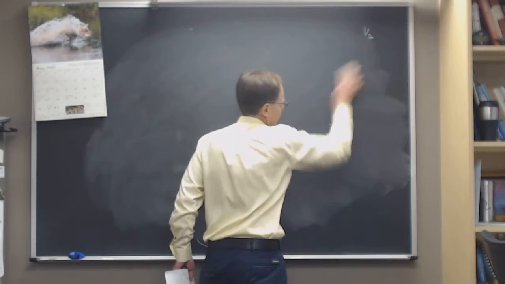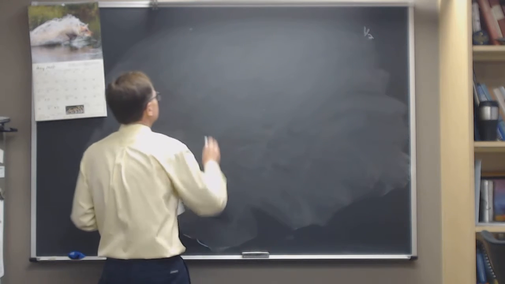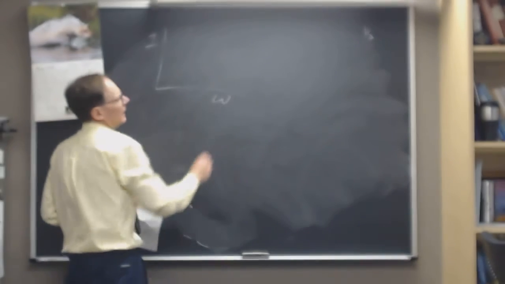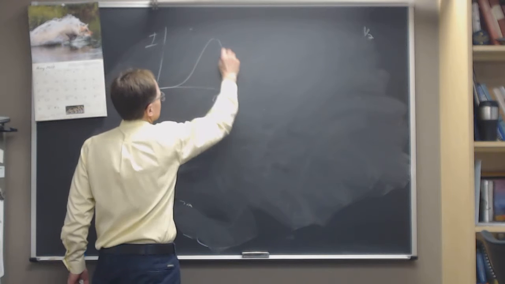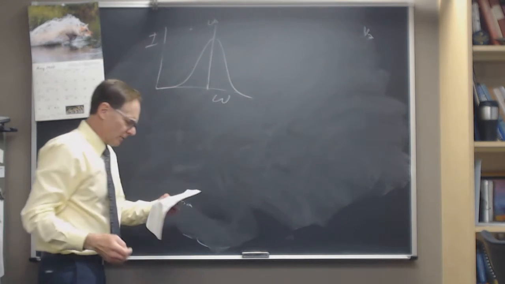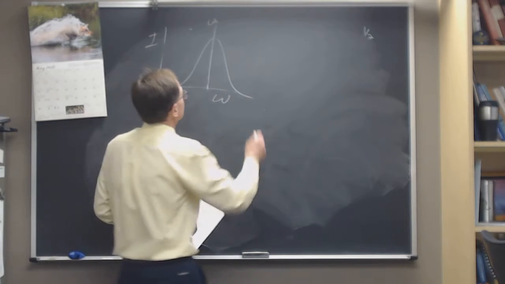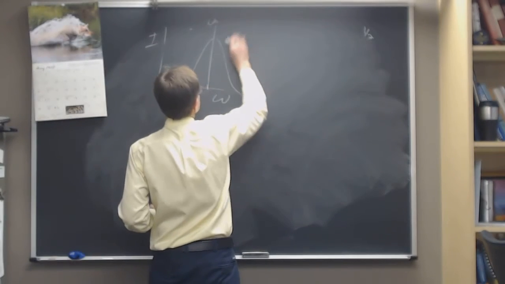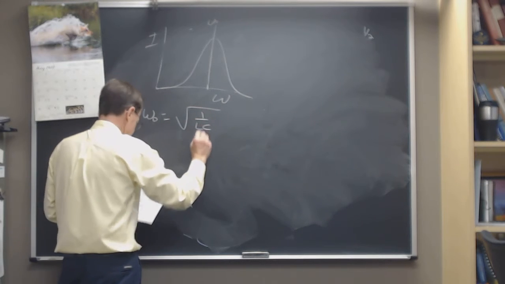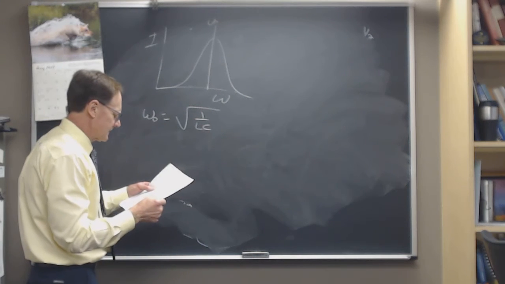What we're talking about here is the current as a function of frequency. We expect, as a function of angular frequency omega, to look something like this, where that's the resonant frequency. And the resonant frequency is, let's write that down here: omega naught is the square root of 1 over LC. In this case,